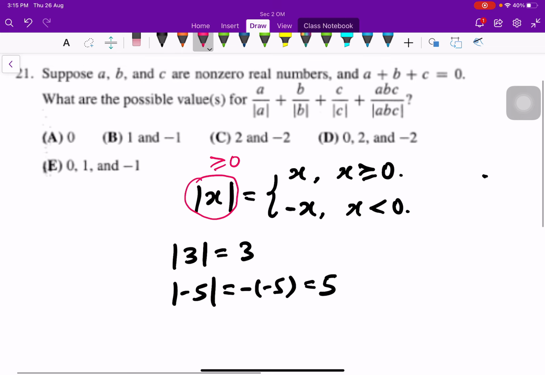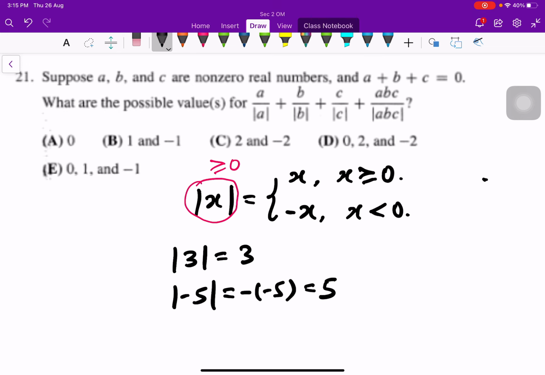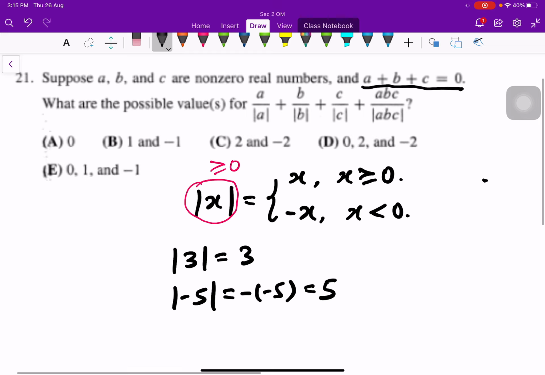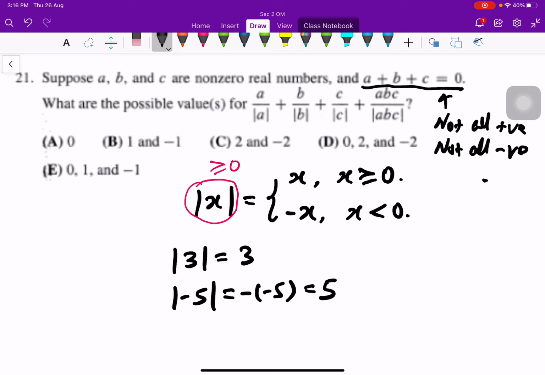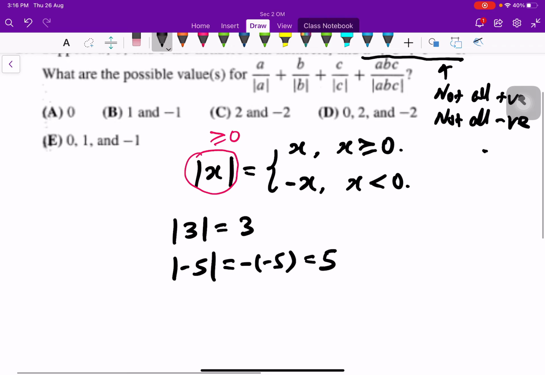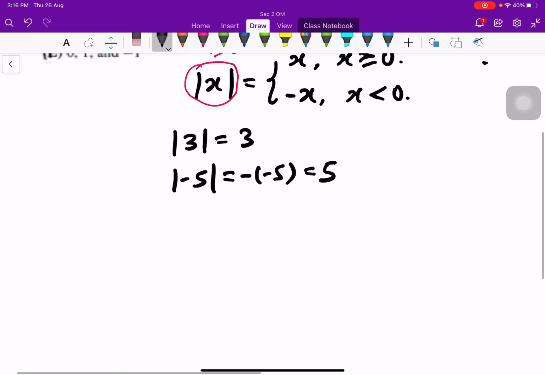Now, you are given this condition: a plus b plus c is equal to 0. Therefore, we know that a, b, c cannot be all positive and cannot be all negative. If a, b, c are all positive, then the sum cannot be 0. If a, b, c are all negative, it cannot be 0 also. Then I want you to realize that in general, x over the absolute value of x is equal to 1